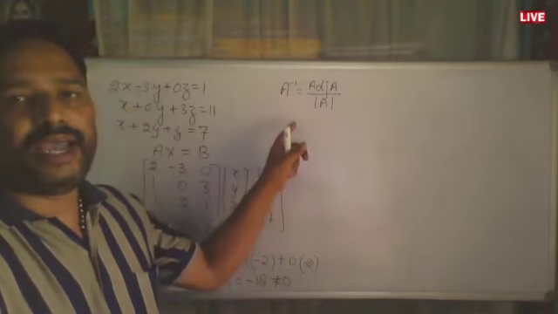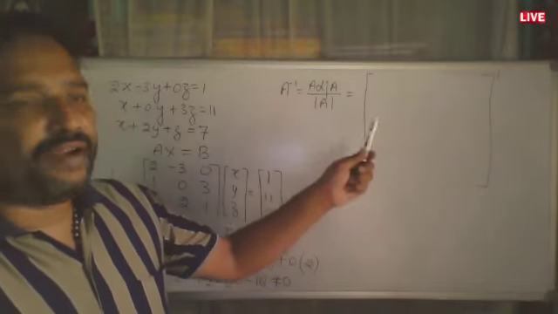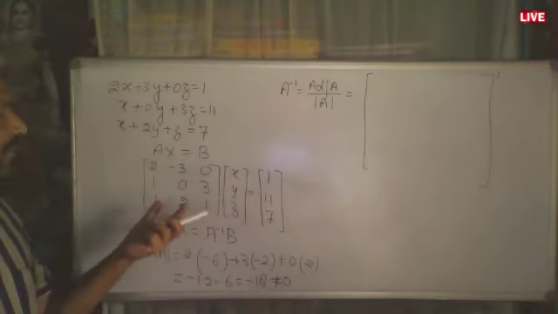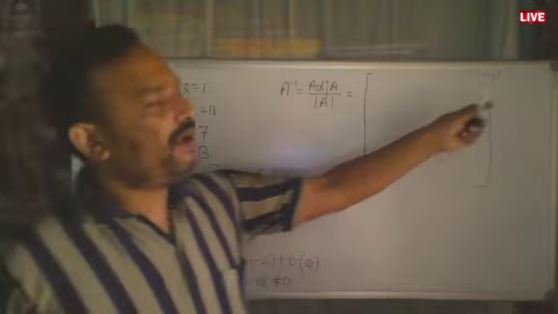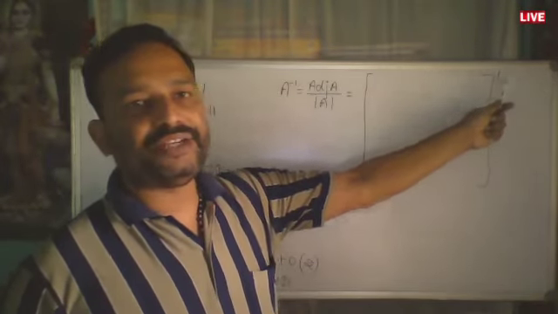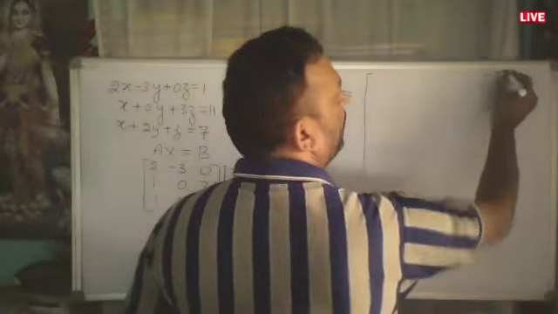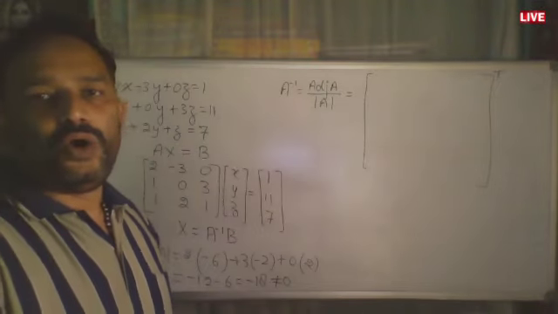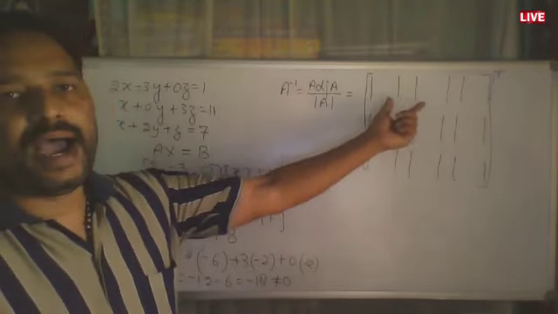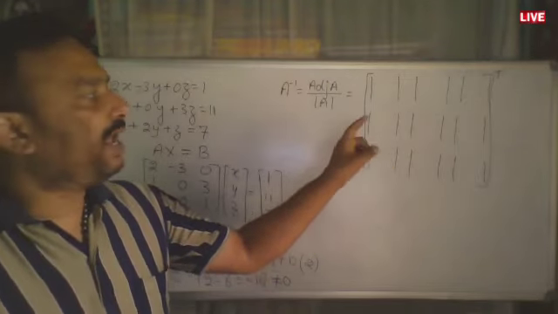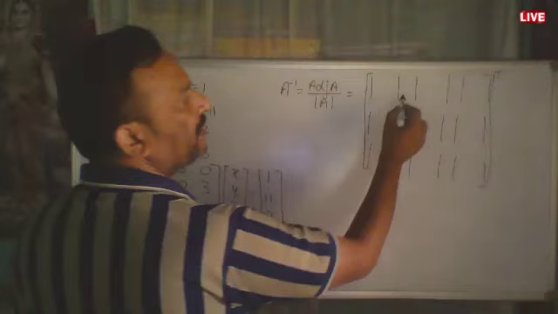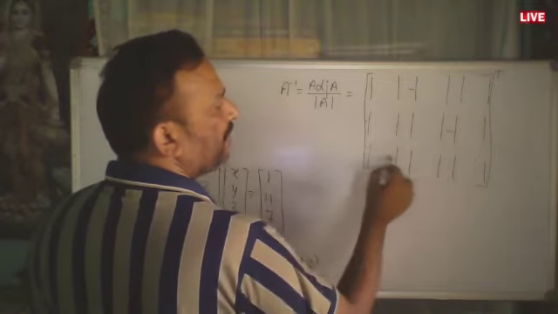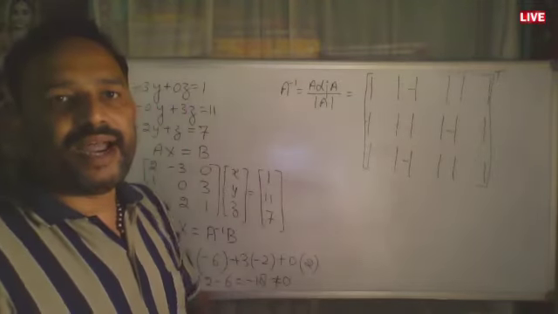Let me explain this by the example. Here what I have done, I have made a bigger matrix which contains all the cofactors of the various elements of matrix A. And I have already mentioned dash. Dash means transpose. You can also write T in place of that. So here we have 9 elements, so we have to make 9 cofactors over here. Now I have made 9 cofactors. We all know we have alternate plus minus signs, so let us put the signs in advance: plus minus plus minus plus minus plus minus minus. After that we will write the various cofactors.